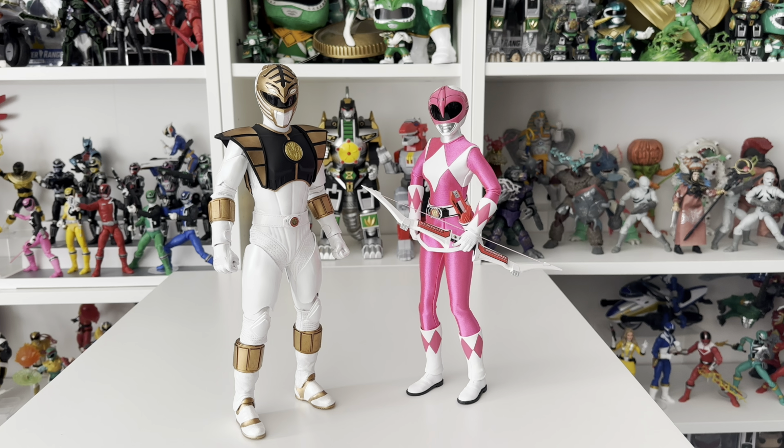So I know this isn't an officially licensed Power Ranger item. This is a third party, by Toys Battalion, and is named the Albino Tiger. But this is the figure that we've all been waiting for. That is not a 5-inch figure in a movie suit, but this is a 1/6 scale, beautiful looking White Ranger